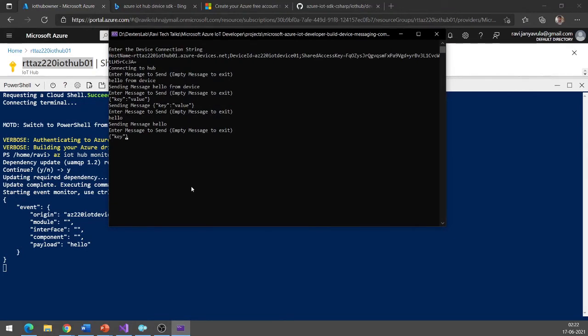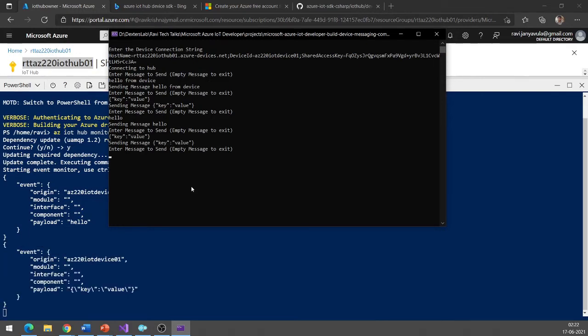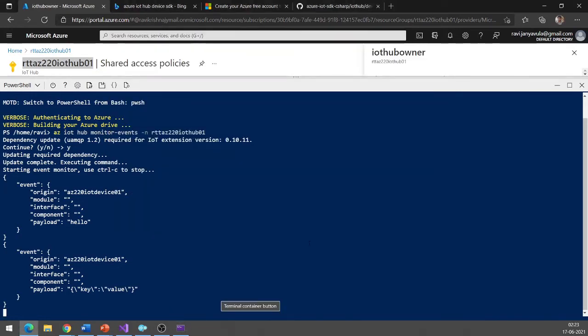Let us say the key can be temperature and the value like that. Here you can see that there are backslashes and everything.